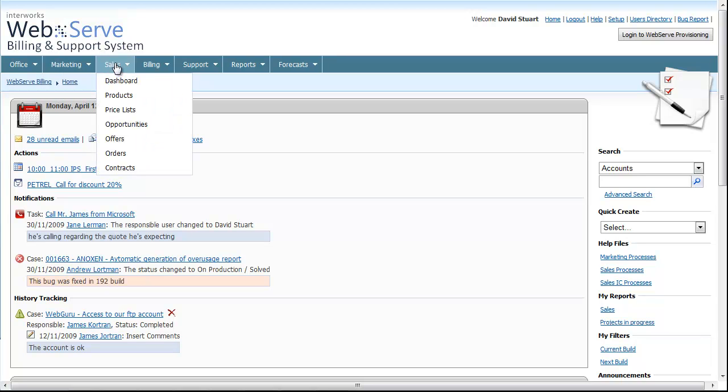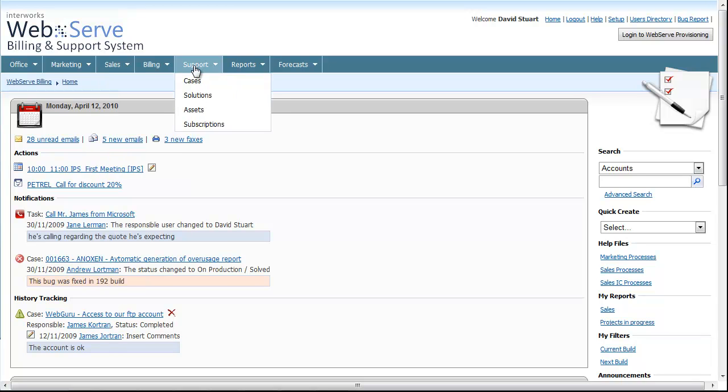The Sales section has to do with products, price lists that are connected to product, special commercial and discount policies, and the entire sales process management. That means starting from opportunities, that's like managing a sales project, offers that are converted automatically to orders, contracts that come after order completion, and the billing process that has to do with automatic invoicing and the payments that are